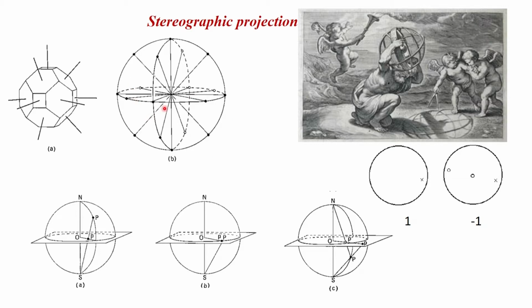I will just digress a little bit at this particular point, because we have to see why stereographic projection is very crucial in looking at crystals. And this is in fact the way in which crystallographers practiced and identified all the symmetry elements associated with the crystals. Nobody did X-ray diffraction in those days, because X-ray diffraction was discovered much later.